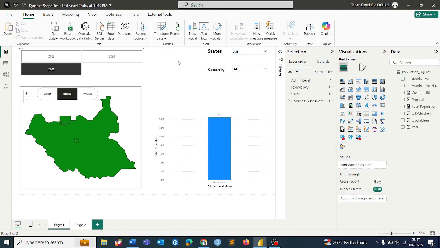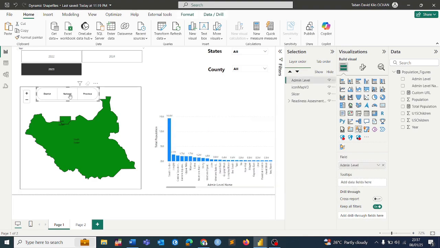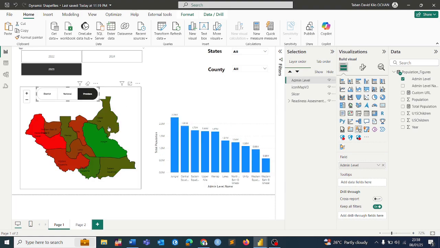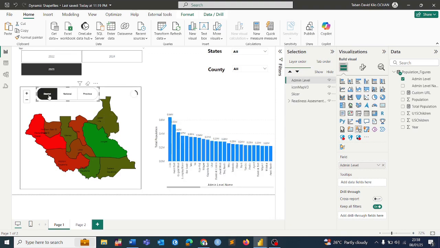Have you ever thought about having a single map visual on a page and then just drilling through using a slicer? At the national level, I just click national level, and then I go to a province level, and the same map changes its shape files and provides province level. Then I go to district level, and I can go as much deeper as I can, provided I have the shape files of the different levels that are available on a